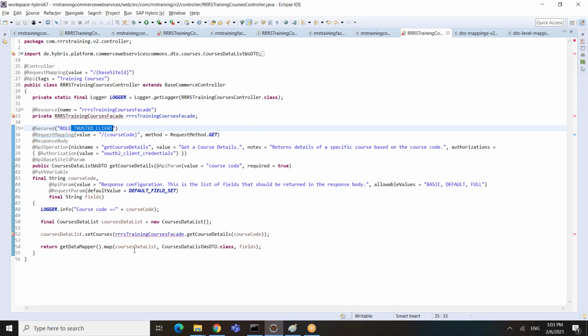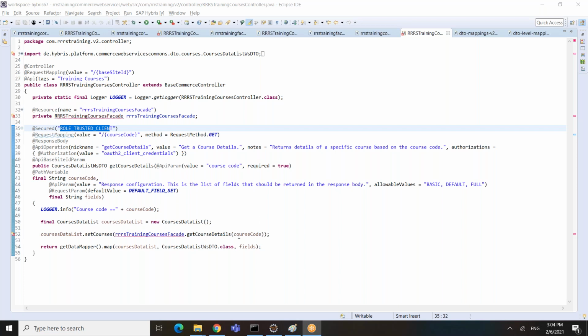So this is the service someone is going to hit. When they hit that, it is first going to check whether they have the proper role. If they don't have the proper role, then it is going to return an access denied error. We'll take a look to see whether we get that error or not.